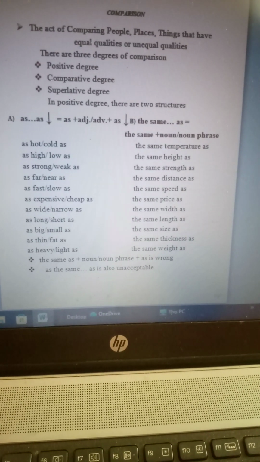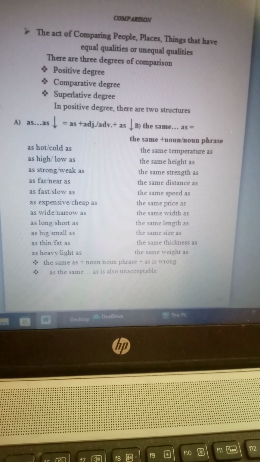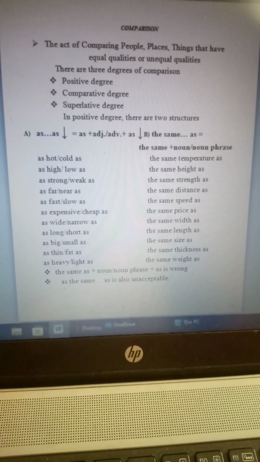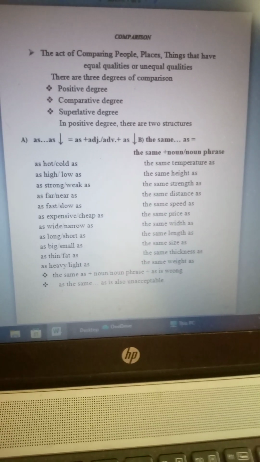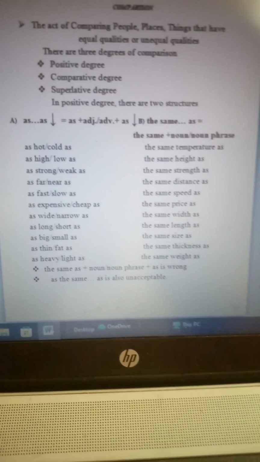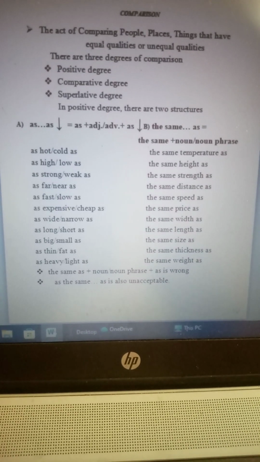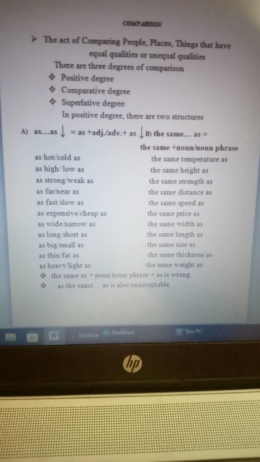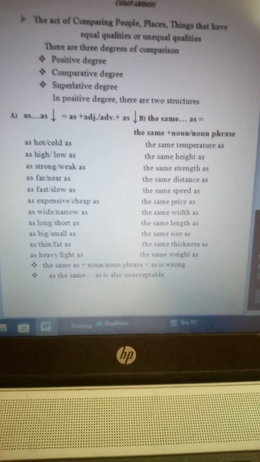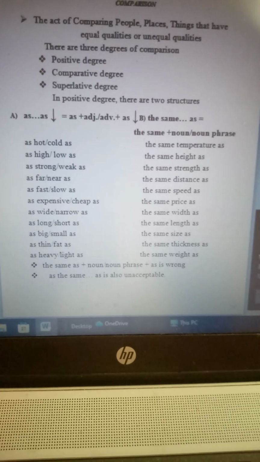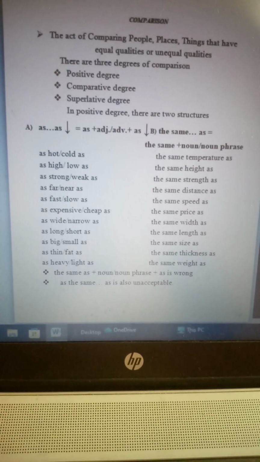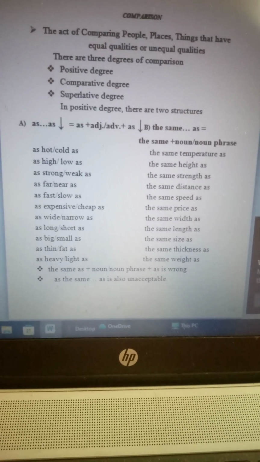Let's look at it. As hot or as cold as. The 2 words are adjectives and they are opposites. We can say as hot as or as cold as. We say as high or as low as, as strong or as weak as, as far or as near as, as fast or as slow as,